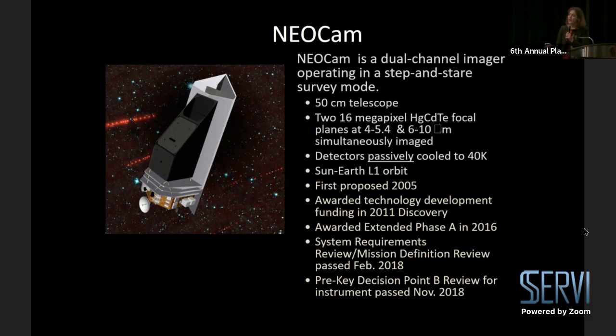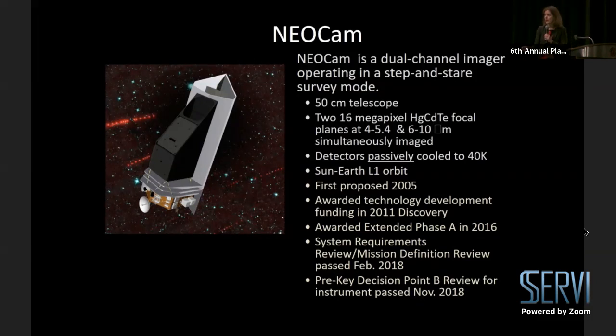And instead of relying on detectors now that have to be cooled down to about 8 Kelvin, which requires cryogen or a very expensive cryocooler, we would basically be able to operate these detectors at 40 Kelvin. And these are temperatures that at L1 we can achieve just purely passively with the right combination of shielding and radiators. So the back surface of the observatory here is painted a very special black. It's a Ball infrared black paint, which is a very efficient radiator of heat.